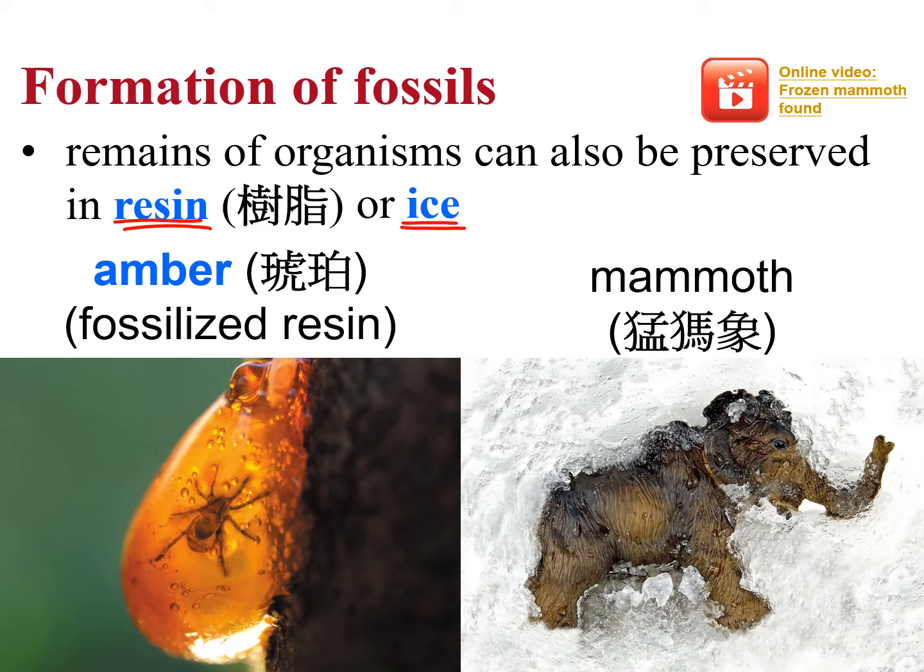The picture on the right shows you a mammoth, 猛獁象. It is being preserved inside the ice. The body is still intact. You can see the hair and the body structure very clearly preserved inside the ice. Now you might wonder, why don't the organisms trapped in the resin or ice decompose? Why don't they decay? The answer is,